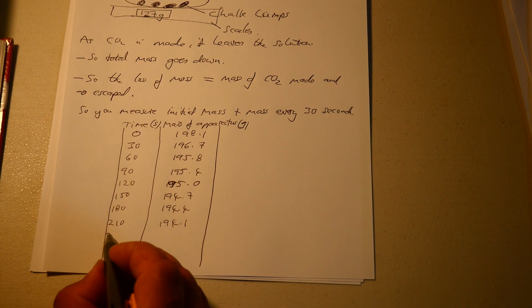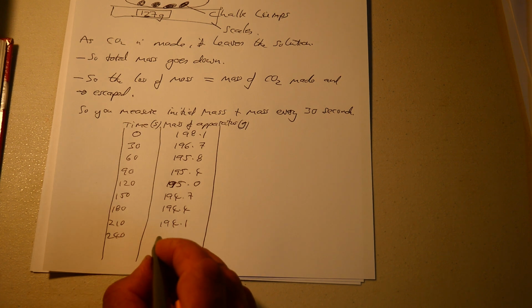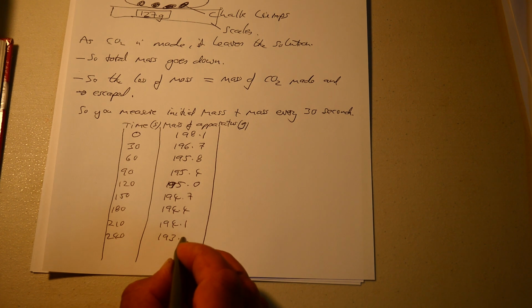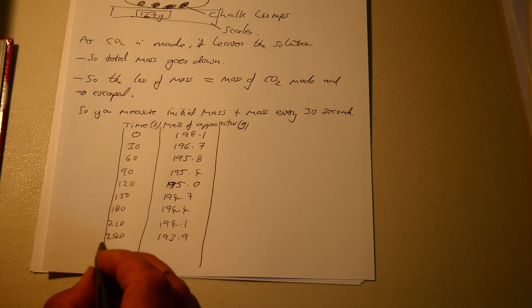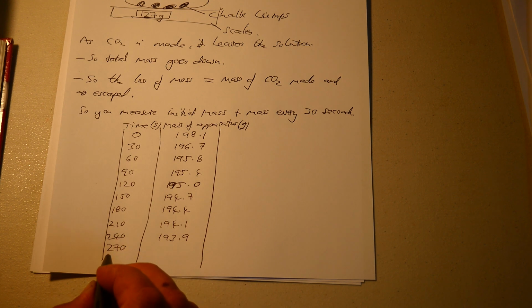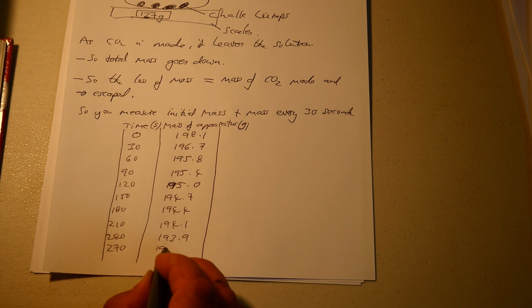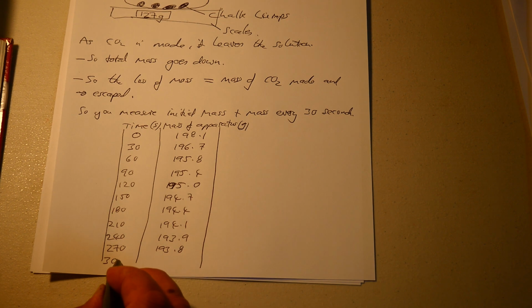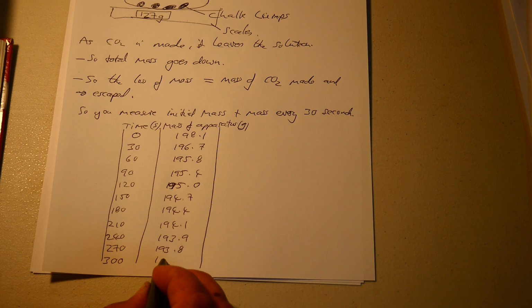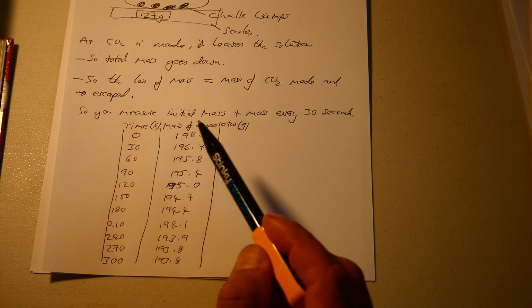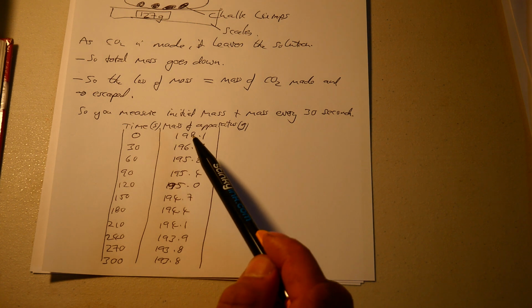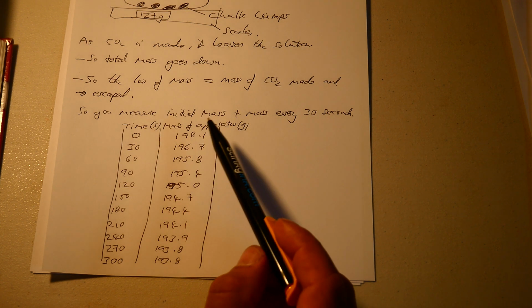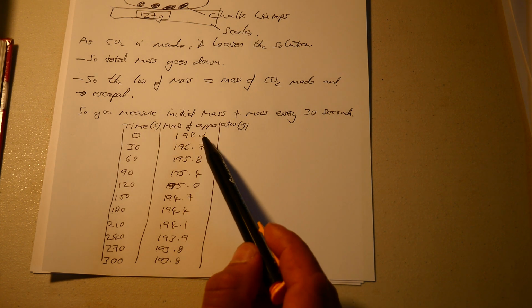At 240 seconds, 193.9 grams. At 270 seconds, 193.8 grams. And at 300 seconds, which is 5 minutes, 193.8 grams. So as you see, every 30 seconds, the amount of the loss of mass is actually getting smaller